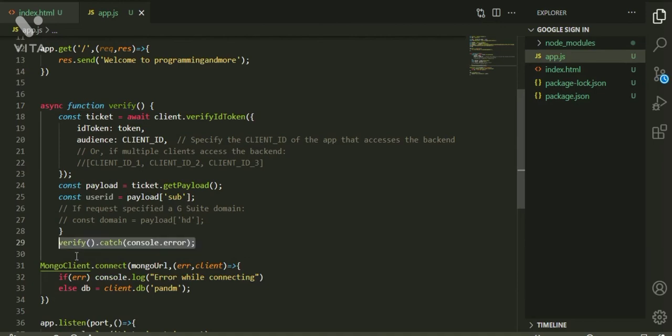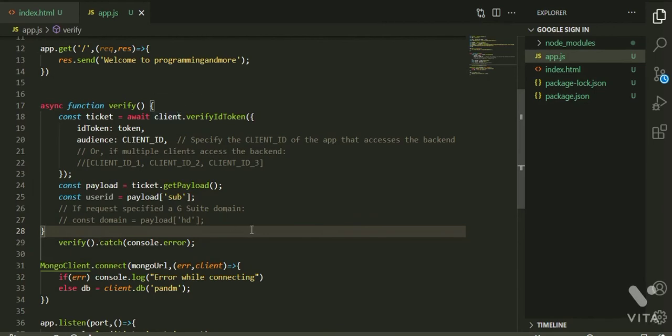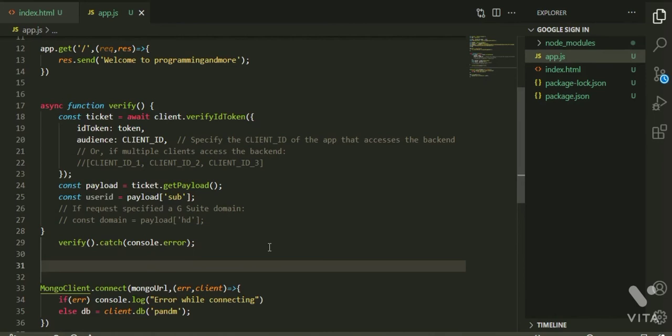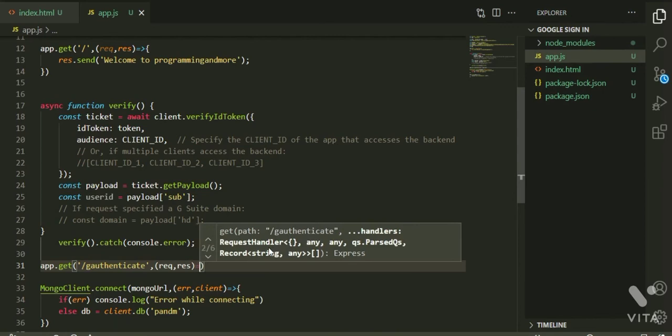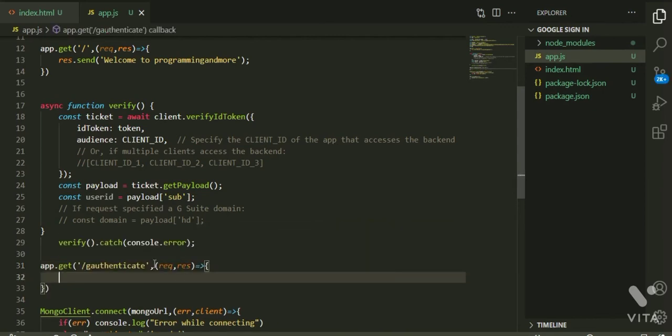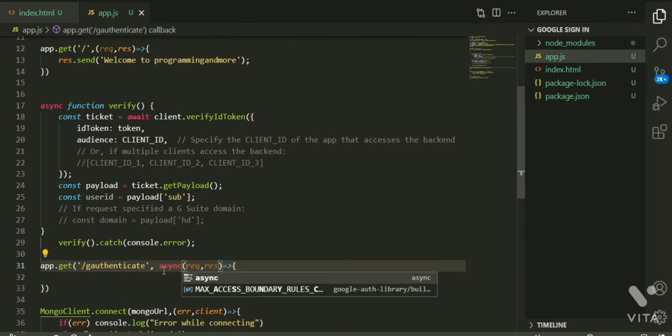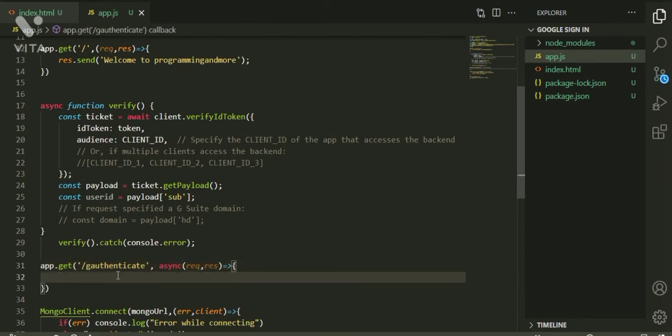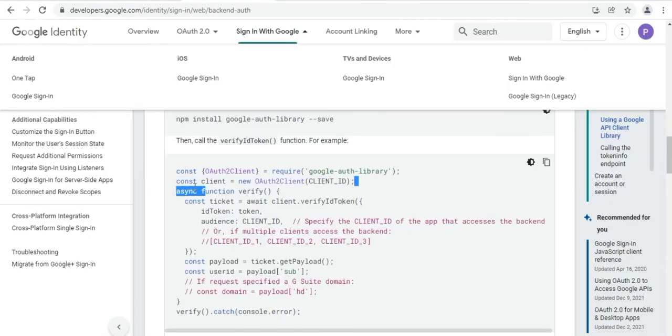Now let us define one more route with /gauthenticate, which is for Google Authenticate, then callback function request, response, and let us make this async function. Since we have deleted that first line, let us paste the first line here.